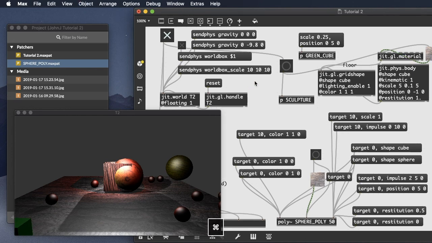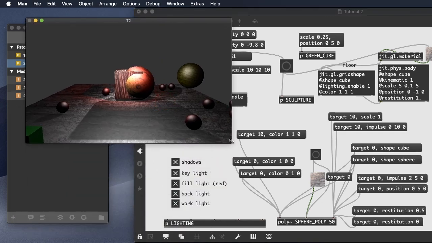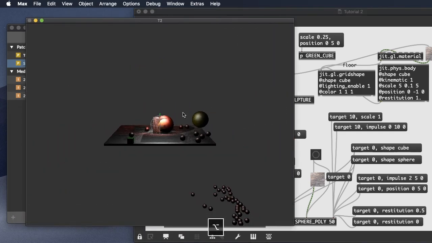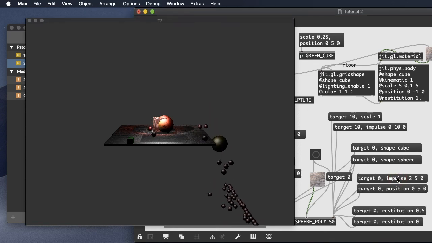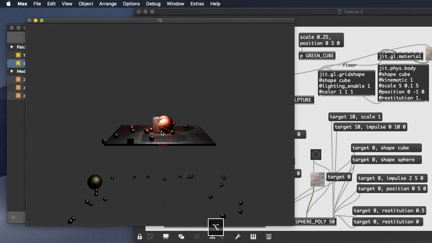So 10 meters on a side, turn my world box back on, and now inside my world, I can see that my objects all gather 5 meters below zero. They won't fall infinitely. They're just falling in a larger world box. So they'll go off the edge, but they'll all be stopped by this 10 meter by 10 meter by 10 meter box